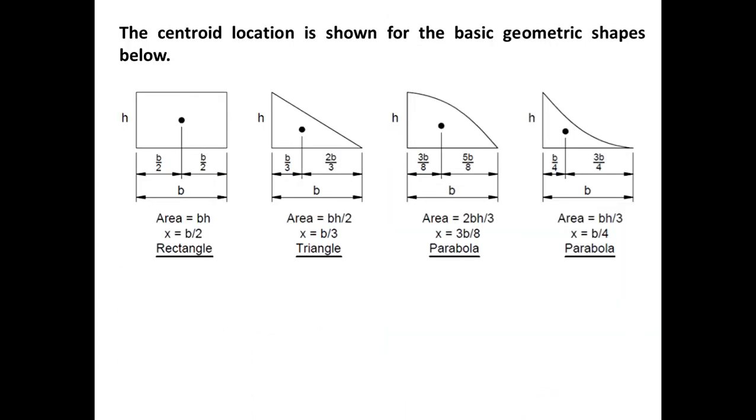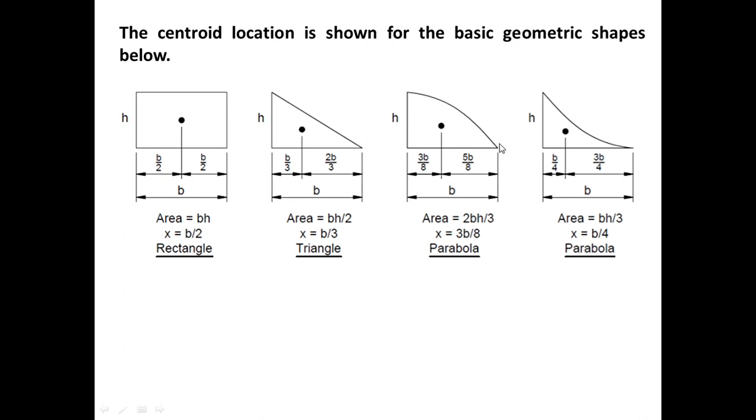Okay. So these are some basic shapes. Generally, we will have the moment diagram made of these shapes. Suppose a rectangle. What is the area of a rectangle? Base into height, that is BH, that is length into breadth. What is the x bar? From here, b by 2, half of its breadth. For a triangle, the area is half BH. What is the x bar? 1/3 of its base from here. If you consider the vertex, from the vertex it is 2/3 of the base.